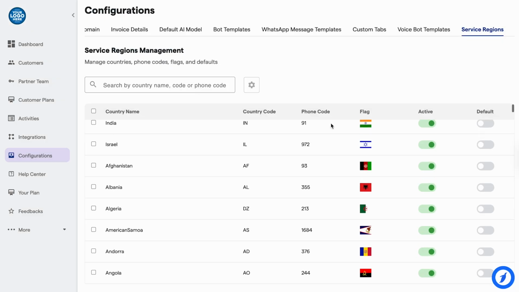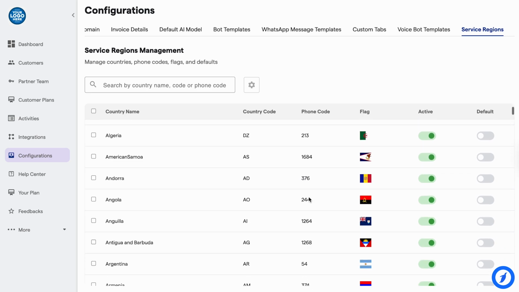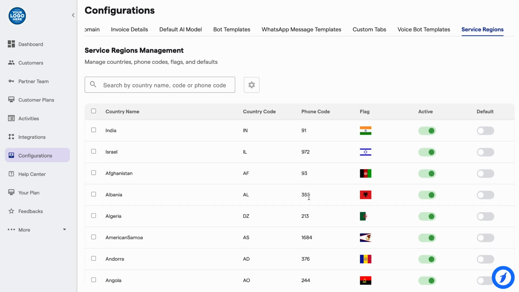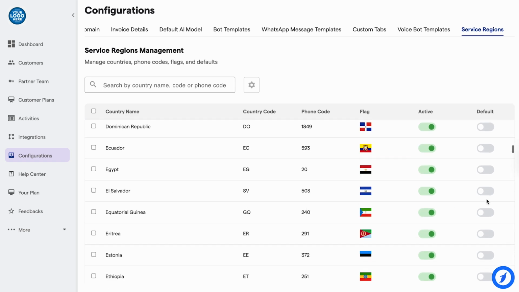So over here, you can check mark any country's phone dial code as a default. For example, if I turn this as default, so wherever the phone number will show, the India's phone code will get as a default here. So this is how you can set as per your need. You can set any country code as a default from here.